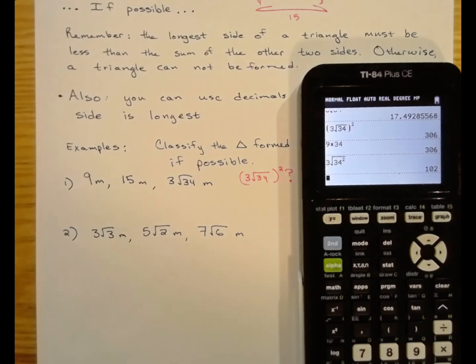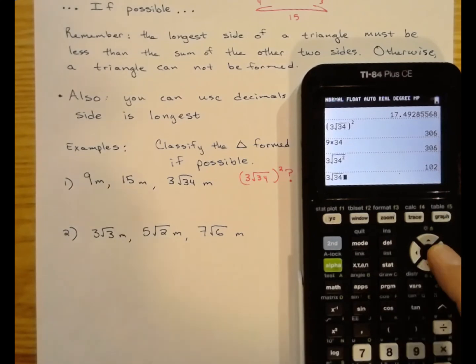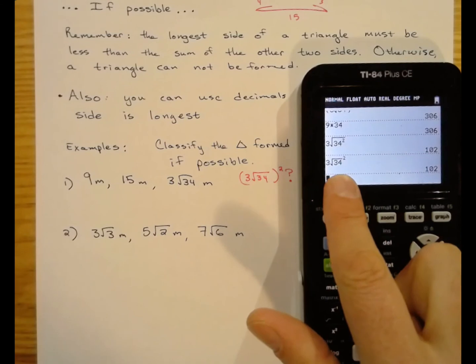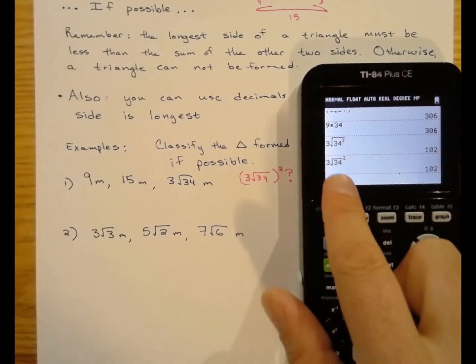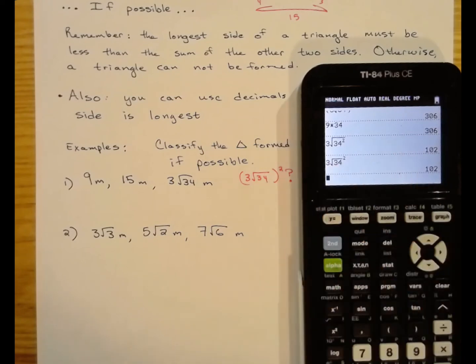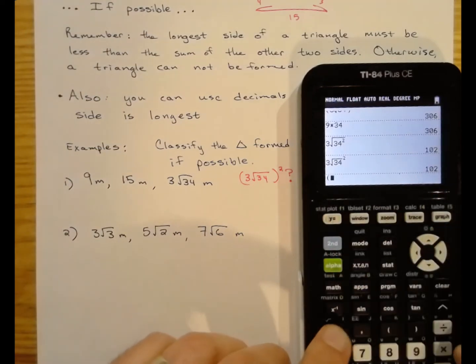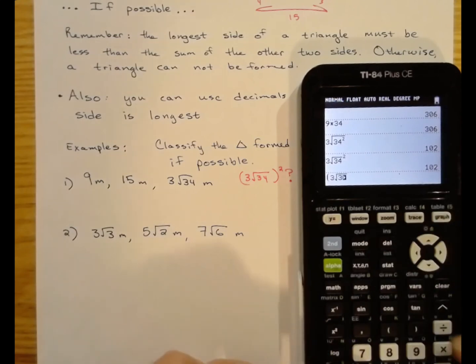We get the wrong answer here. The reason is that calculators don't recognize order of operations if you type things in a little sloppy. What the calculator is doing in both of these cases, whether it was in the square root or out, is it thinks that only root 34 is being squared. The answer isn't 102, which is 3 times 34. It's 3 root 34 times another 3 root 34,